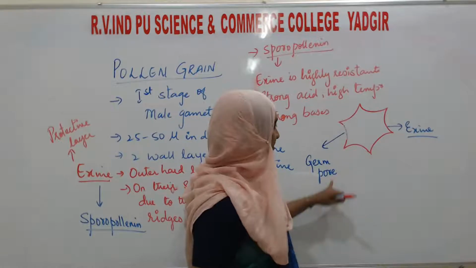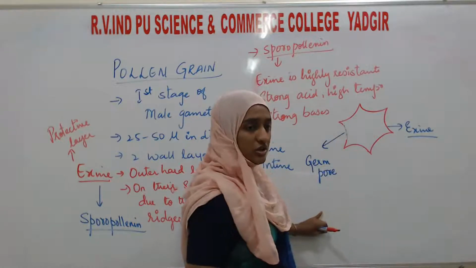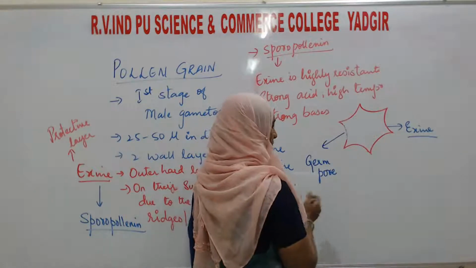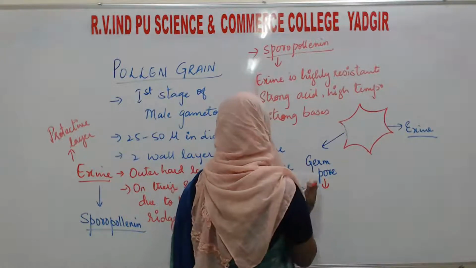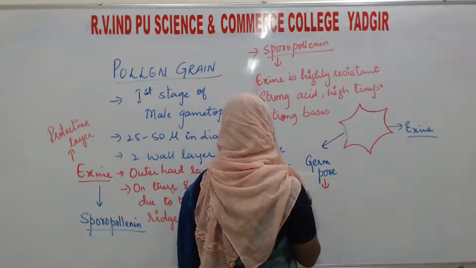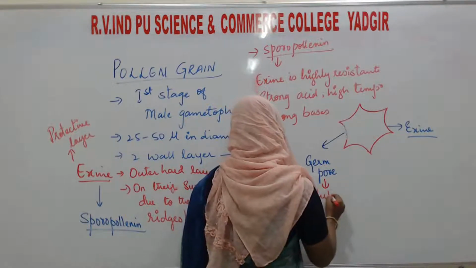What is it known as? This is known as the germ pore. From this germ pore, the pollen tube emerges